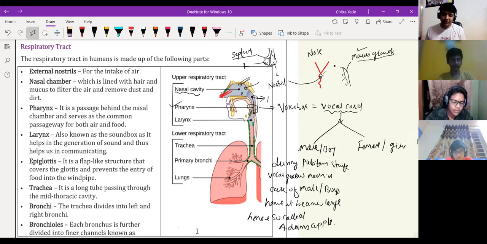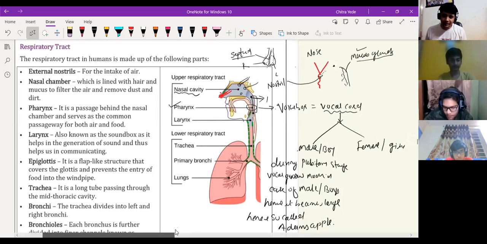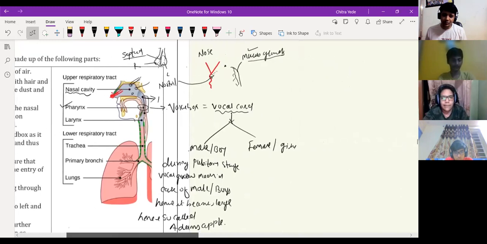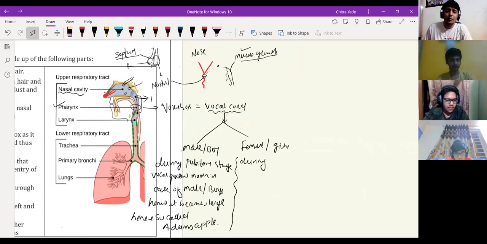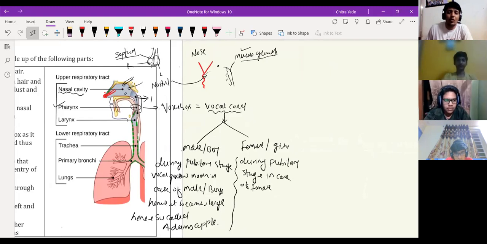So let me slide the screen so that you will see. Okay, so now in case of female. In case of female, during the pituitary stage, what is the pituitary stage? Anyone, any idea? During the pituitary stage, in case of female, or we can say girl,